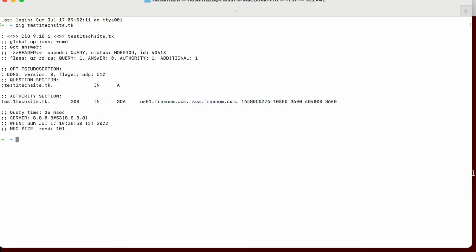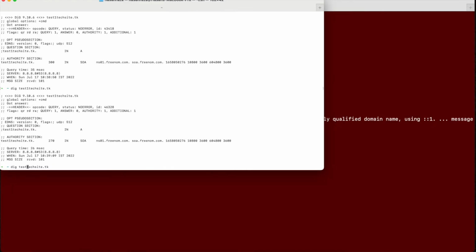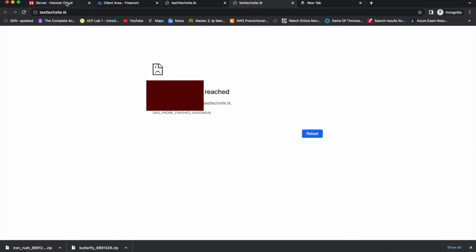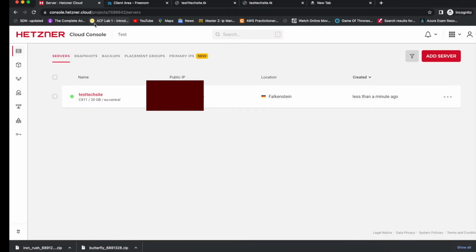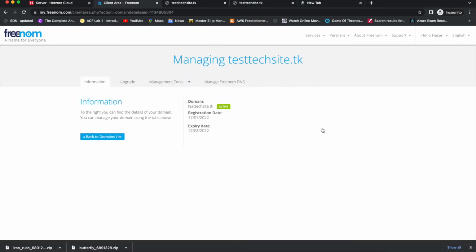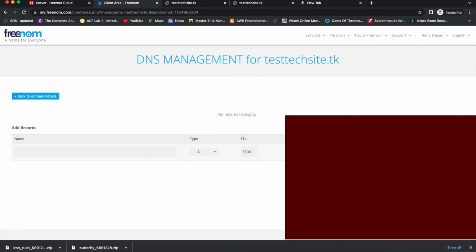Name servers are there. So what we're gonna do is, guys, the first thing which you're gonna do is that this is the tech one. We can check the other one as well if that's registered. Yeah, that's also registered. So the first thing which you're gonna do is, guys, that we will copy the IP here, and we manage the domains there. So we're gonna manage the first domain here, and we'll say manage the DNS, and in this you can see that we have to add the A record, and